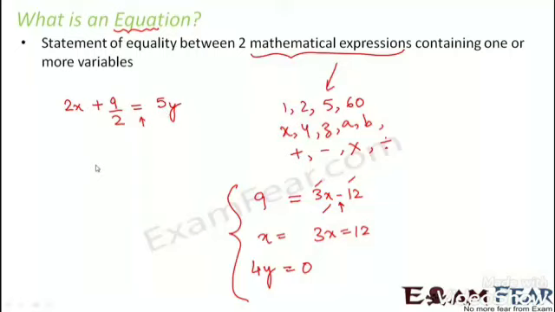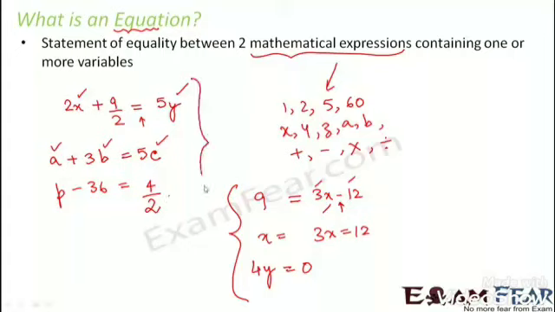Again, it is not necessary that an equation can have only one variable. It can have one or more variables. For example, here you have two variables, x and y. Similarly, you can even have more than two variables. For example, a plus 3b is equal to 5c. So here you have three variables involved. Something like this, where you just have one variable involved, that is also an equation. So all of these are examples of